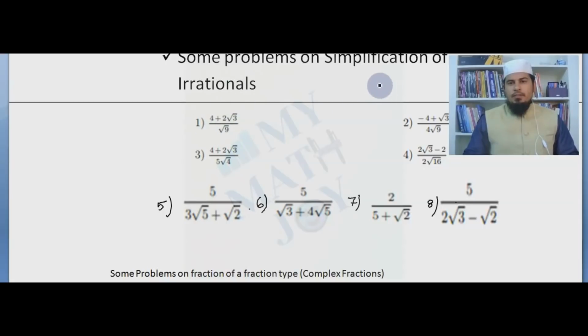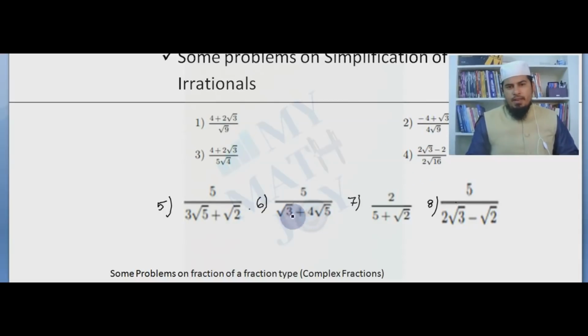Here come some of the questions on irrational numbers, how to simplify them to bring them to standard format. Questions number 1, 2, 3 and 4 are a bit easy because in the denominator they have given root 9, root 16, root 4. Moreover, these roots are perfect squares, so root 9 will be simplified to get 3. Root 9 is 3, times 4 is 12, and you can just divide the numerator by the denominator and get the answer. So they are a bit easy.